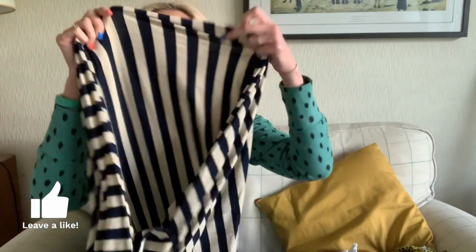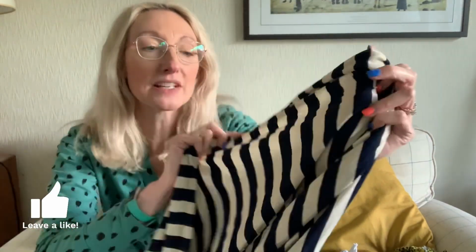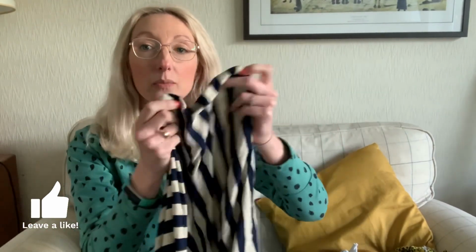So this is my lovely fabric. It's quite a lightweight jersey fabric, which is slightly different to this one because this is a sweatshirt jersey. But yeah, it's got quite a nice stretch to it. It's got a lovely gold sparkle, which I think is going to make it more of a dressy pearl cardigan perhaps. And I think because it's more lightweight, it's going to work really nicely for the pearl cardigan with the balloon sleeves. I think that's going to look really smart actually,